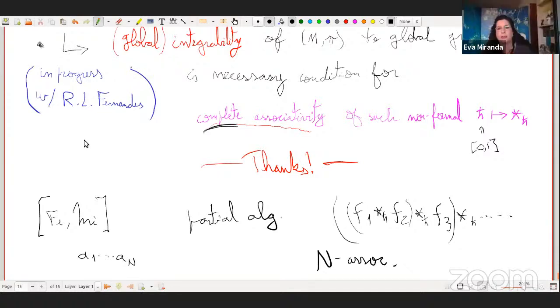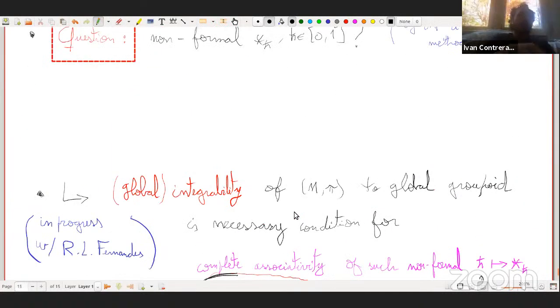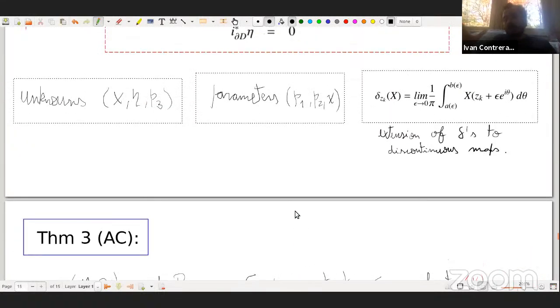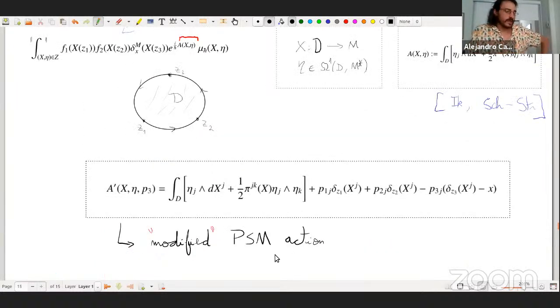We have a question by Ivan. Hi, Alejandro. Thank you for the talk. I just have a quick question about this modified action of the Poisson sigma model. If we don't modify the action, then we can do reduction, and then we come up with the symplectic groupoid that integrates a Poisson manifold. I was curious if there is a way to recover the local symplectic groupoid by some version of reduction. So if there is some geometric interpretation of the